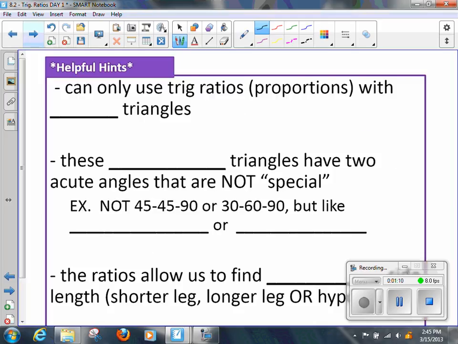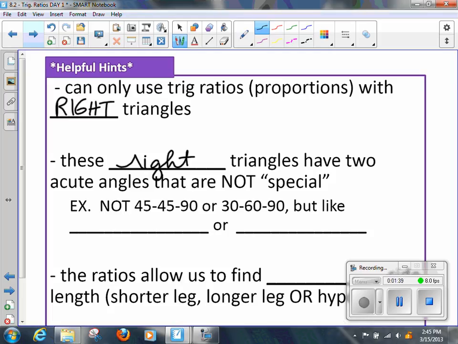Now, you can only use trig ratios with right triangles. It's the only kind of triangle this will work on. Okay? These right triangles have two acute angles that are not special, meaning they're not 45, 45, 90, they're not 30, 60, 90, but